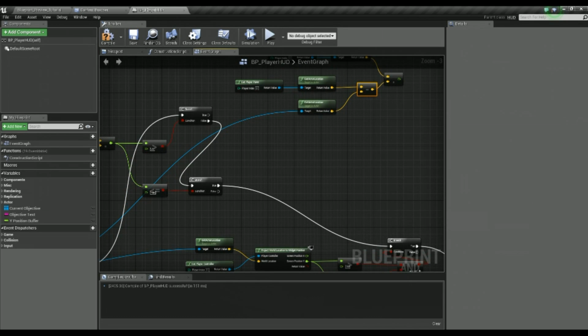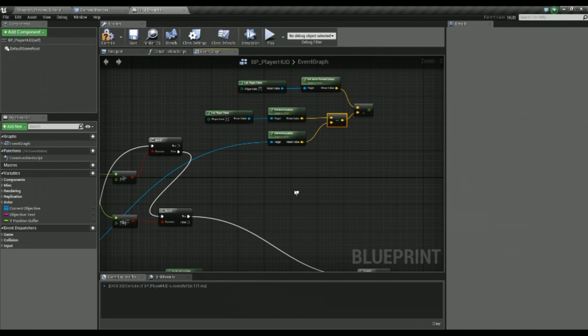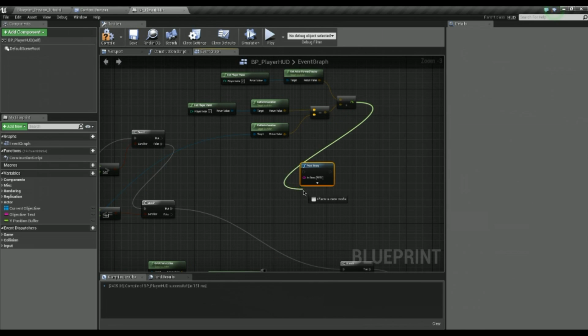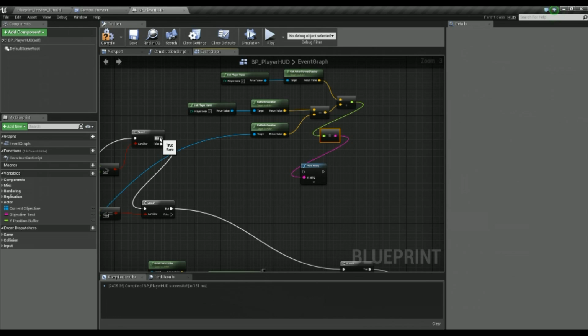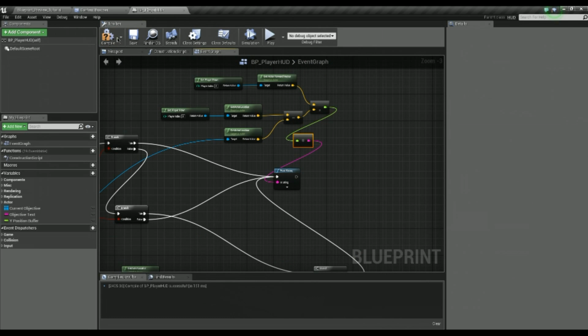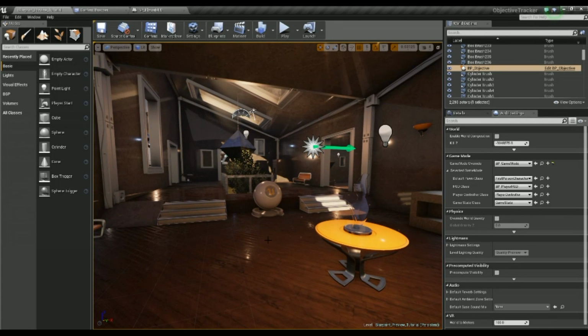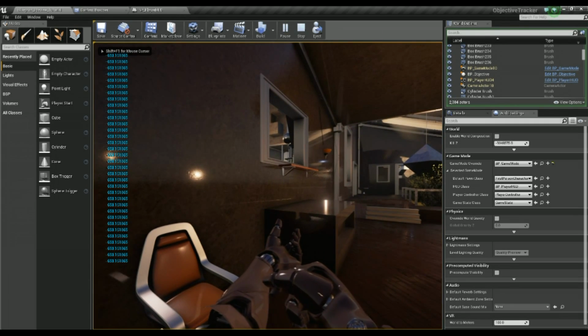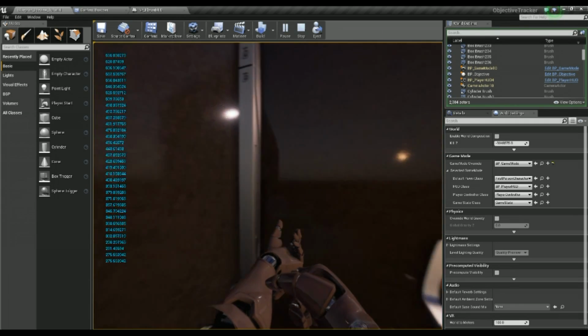And again, just to show you the number that we're going to get, we're going to do a print. Plug that into our print. And then the true results here and the false results here, as well as the false results here, it's going to go into our print. And we're going to get either a positive or negative number. So right now we have a negative, and now it's going positive,